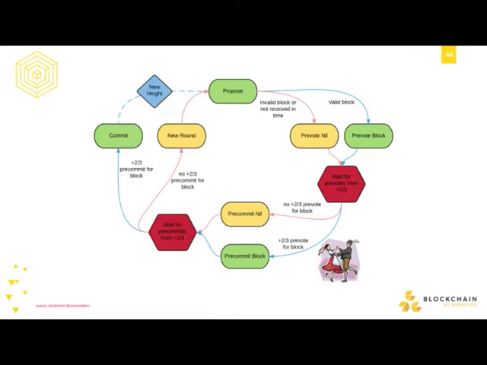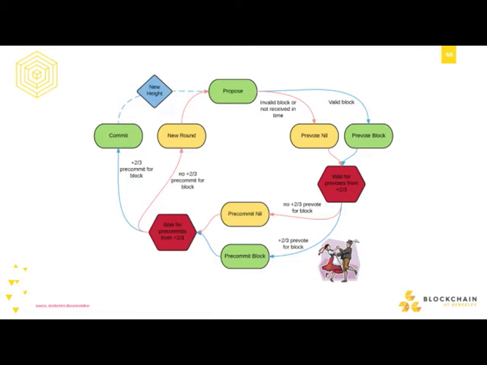So this is basically all of the actual technical material of what Tendermint is in one flowchart. And I like that they made this, so I didn't have to make it. But basically, the process of Tendermint is you start at the blue diamond, new height. So there is some block that we've already agreed on. Someone gets to propose a new block. And who gets to propose it is done deterministically, so you don't have different people proposing at the same time. For the new block, there's one guy, and he's the guy that gets to propose.